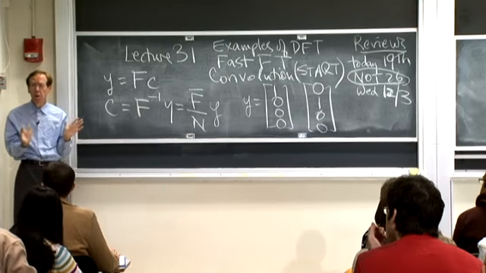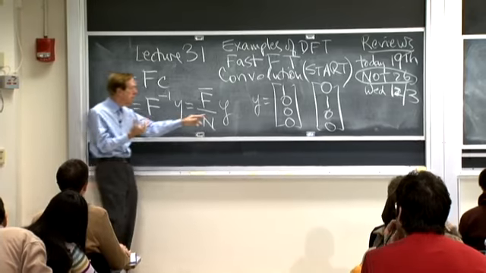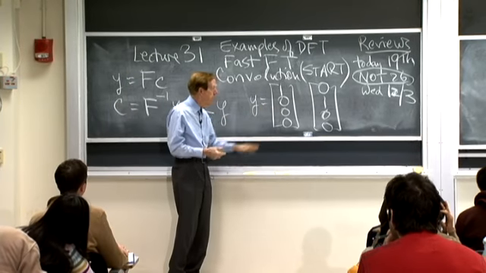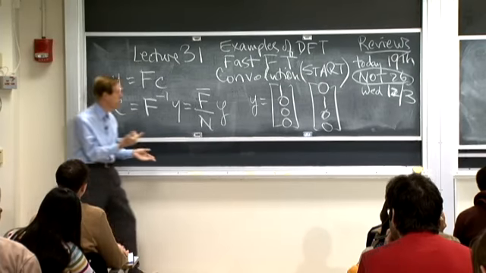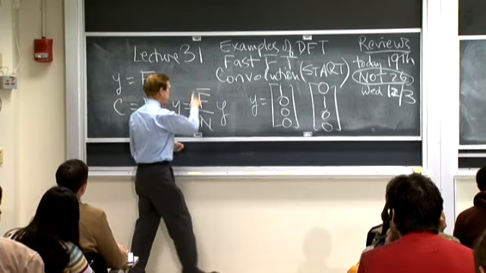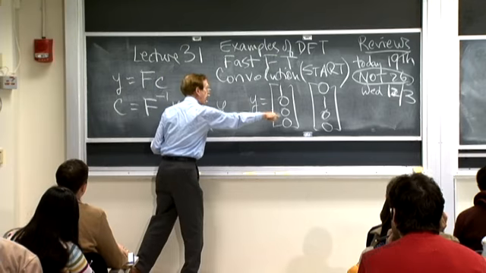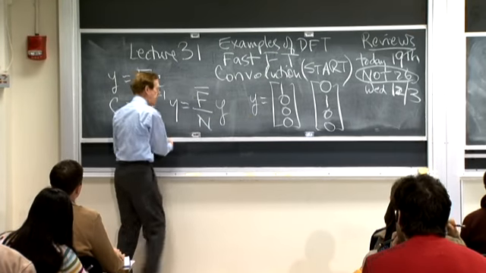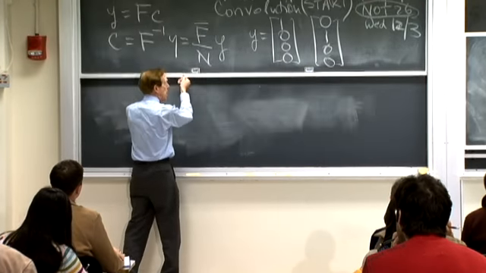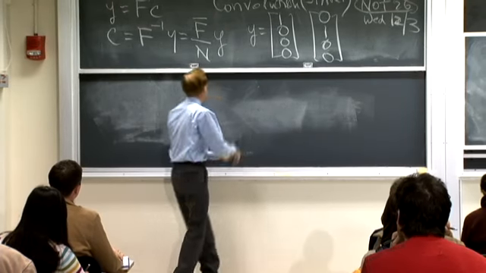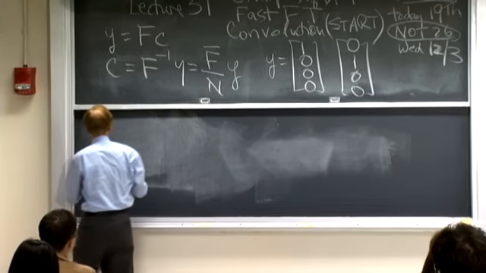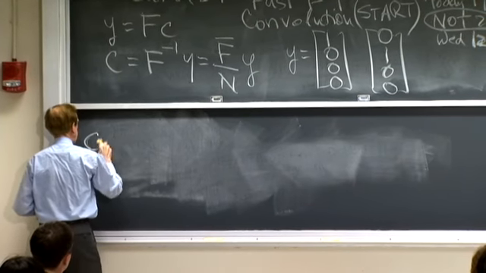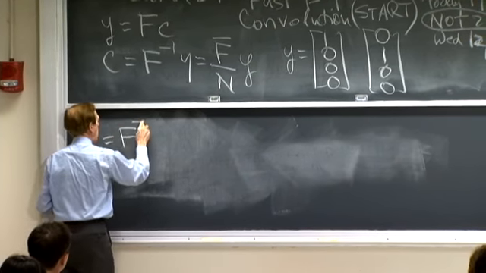Okay, ready to go on this example? It gives us a chance just to remember what the matrix looks like, because if I multiply this inverse matrix by that vector, it's just going to pick off the first column and it'll be totally easy. So let's just do it. If y is this one, I want to know what the Fourier coefficients are of the